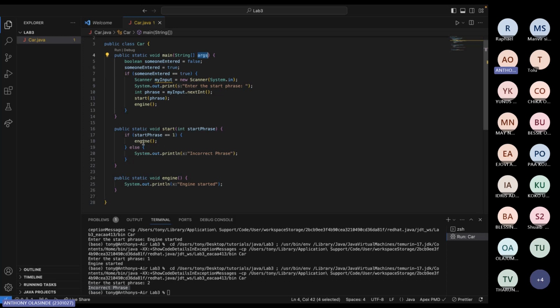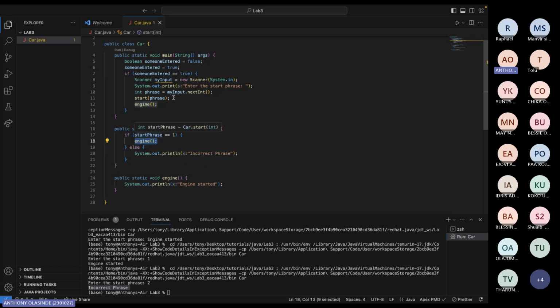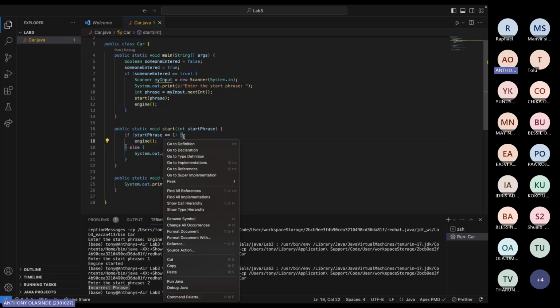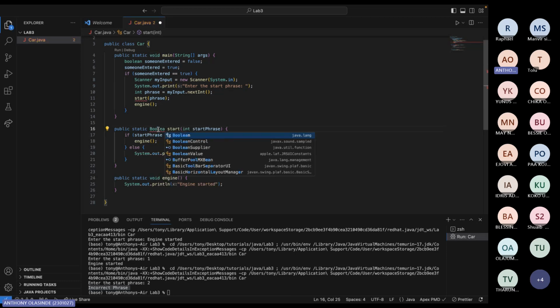So instead of calling engine inside start, maybe I want to call engine inside main. So I can take it off here, and my return type, I want to return something to main. Let's say I want to return a boolean. So a boolean means